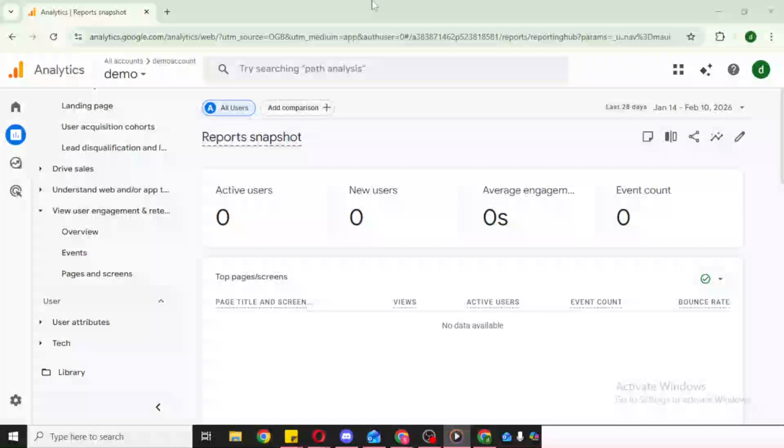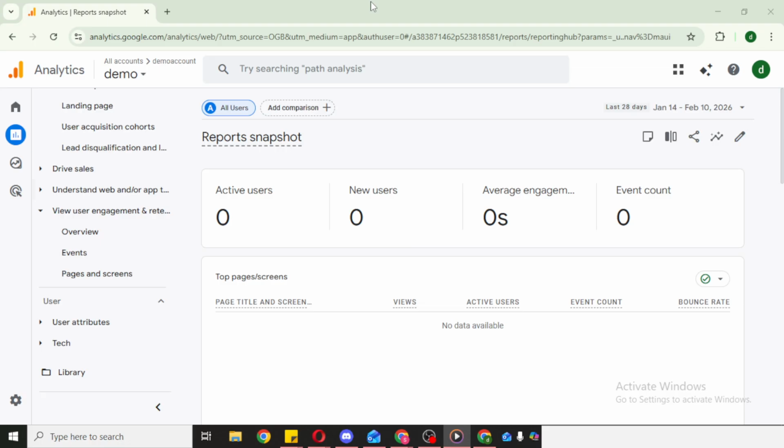In today's video, I'm going to teach you how to view user geolocation data in Google Analytics 4. If you want to understand where your audience is coming from and tailor content, campaigns, or language to match, this is the report you'll be using most often. I'll walk you through exactly where it lives and how to get the most value from it without getting lost